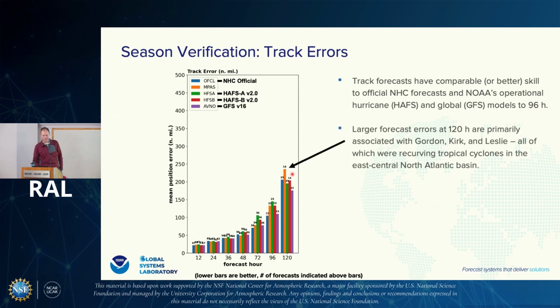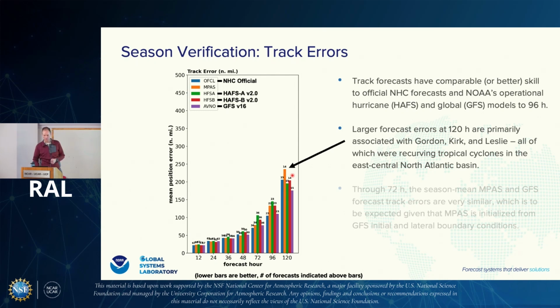Once we get to 96 and then especially 120 hours, performance becomes a little bit more degraded. These are primarily associated with storms in the far eastern portion of the North Atlantic Basin, Gordon in particular, but also Kirk and Leslie, which turned northward, recurved in the eastern to central North Atlantic Basin. And I'll go into a little bit of detail as to what's going on with some of those toward the